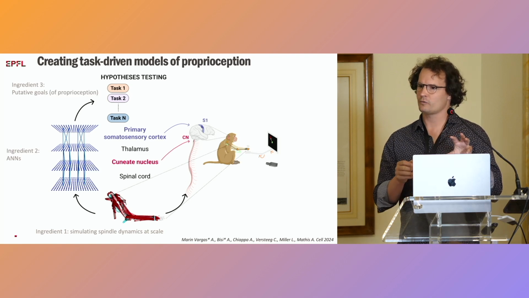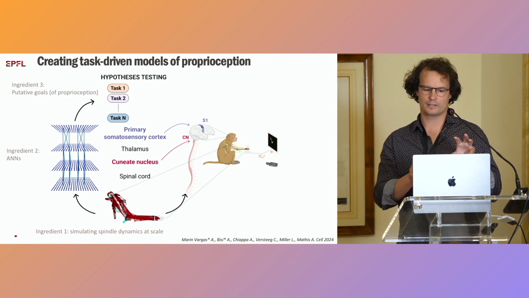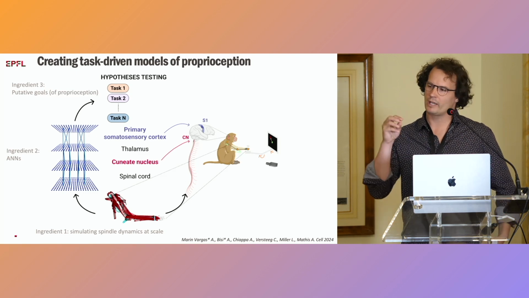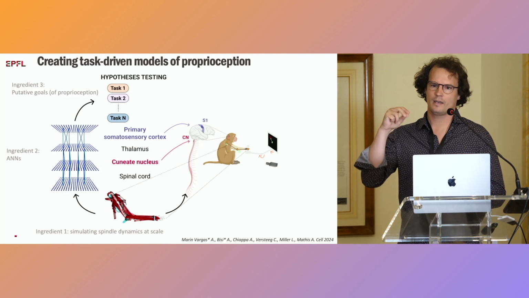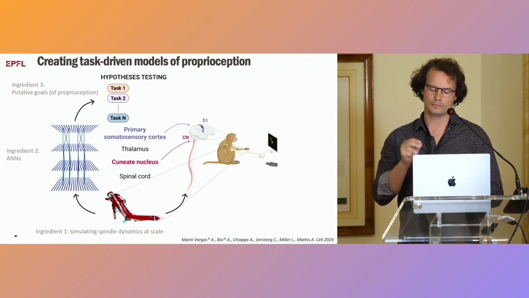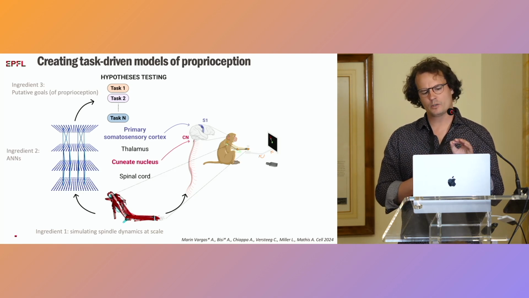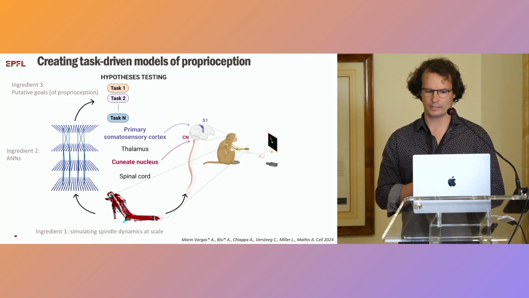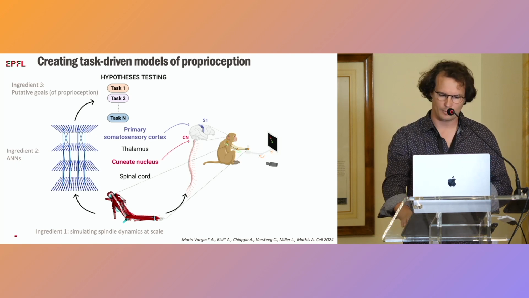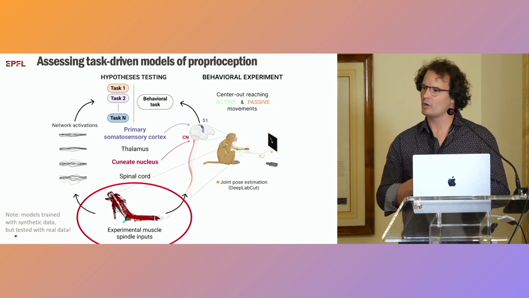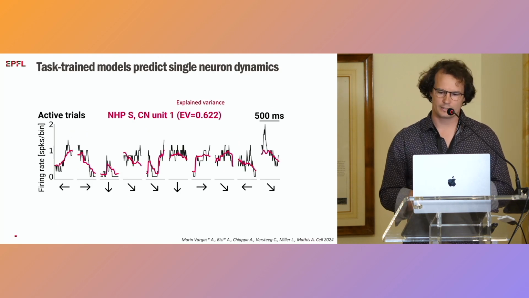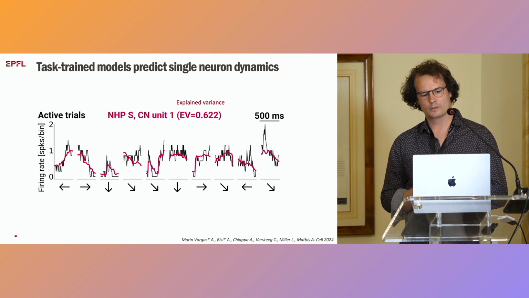So notice, so far, the only time the monkey came in here is through the biomechanics model, but what we actually then have is an experiment where a monkey does a center-out reach task, and where our collaborator Lee Miller records in proprioceptive areas. And we actually want to predict this data without training on it, okay? So we make these hypothetical models, and what we then do is we freeze our neural network models, we estimate the 3D kinematics with DeepLabCut, we infer the state of the muscles, we feed it into our model, and then from there we try to predict the neural data. And it turns out that this works really well.